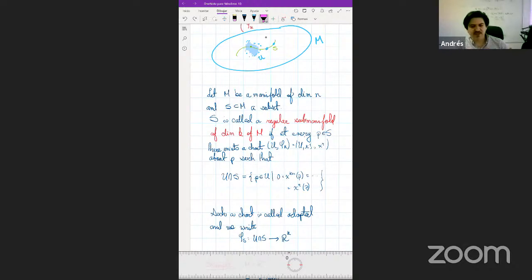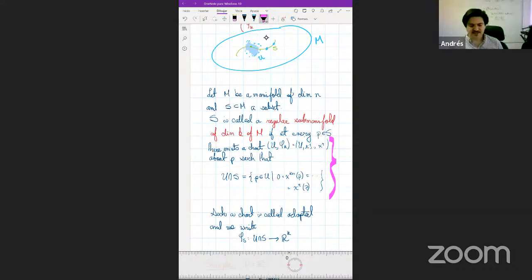So I can find a chart of the ambient manifold M such that the points of S inside of U can be described by the first k entries, and the rest are zero. Okay, again here you can see